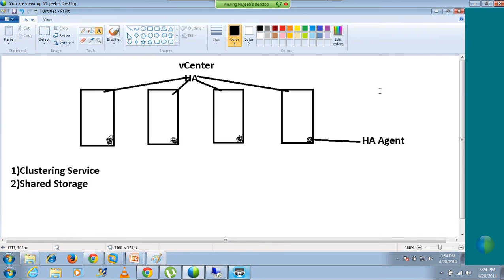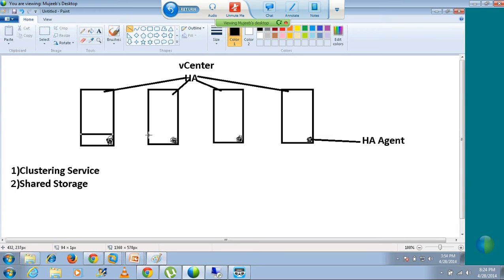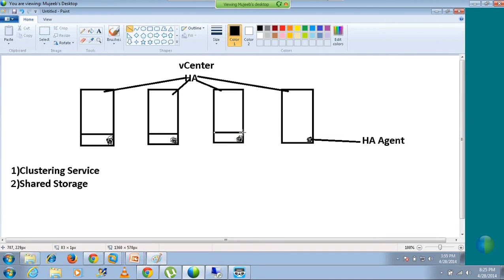Just now we tried to understand what a cluster is: a group of servers working together as one to provide high availability. Now what does the VMware vSphere HA feature do here? It provides high availability. But high availability to whom? Guys, in virtual infrastructure, which is important from the end user's perspective, ESXi or the virtual machines? Virtual machines are important. Why? Because the end user's applications and services are running on top of my virtual machines. So HA